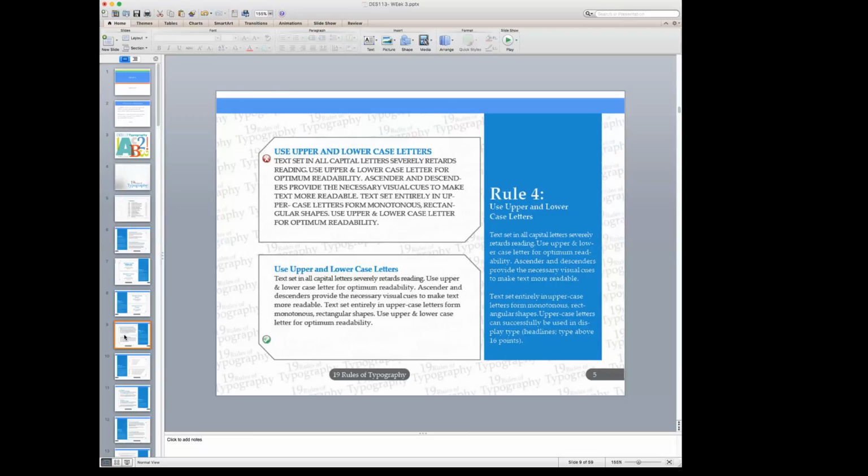But if you're laying out an article, a body of text, or reading a book, have you ever, are you in the middle of a book or a magazine right now? Or any of you? Okay, so Terry, what is the body of the chapter or the article that you're reading? Do they use all caps or lowercase letters? Lowercase, right?